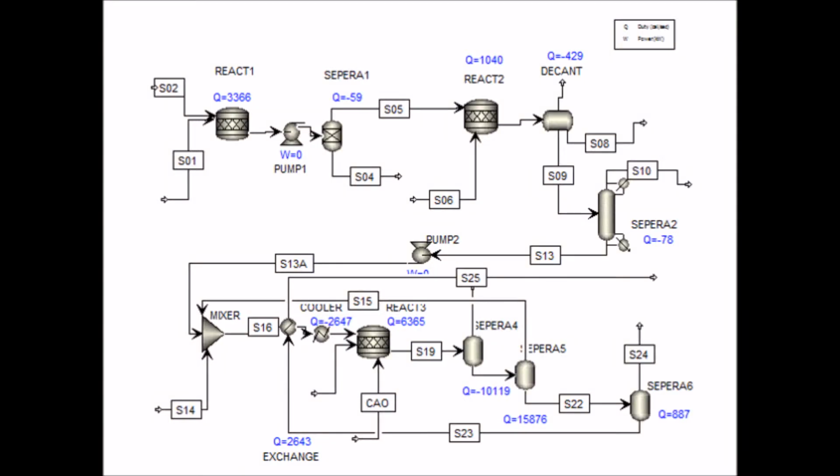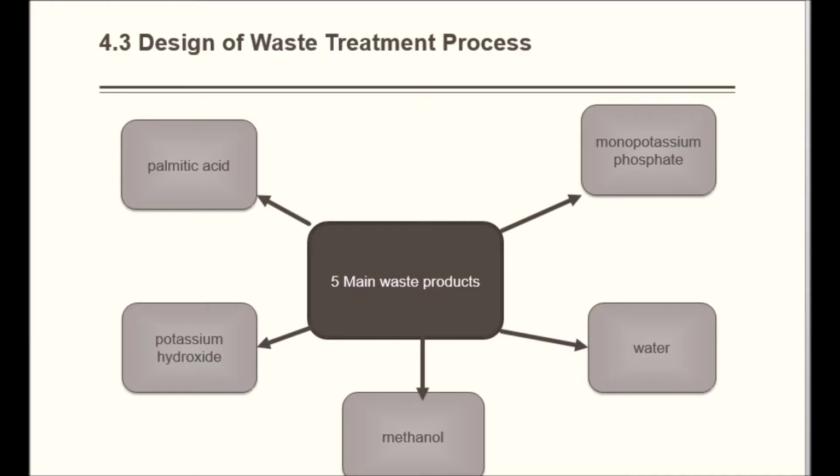This is the new process flow diagram after putting in the heat exchanger. In this process, there are 5 main waste products to be concerned about: palmitic acid, monopotassium phosphate, potassium hydroxide, methanol, and water. Monopotassium phosphate is a water-soluble salt, hence